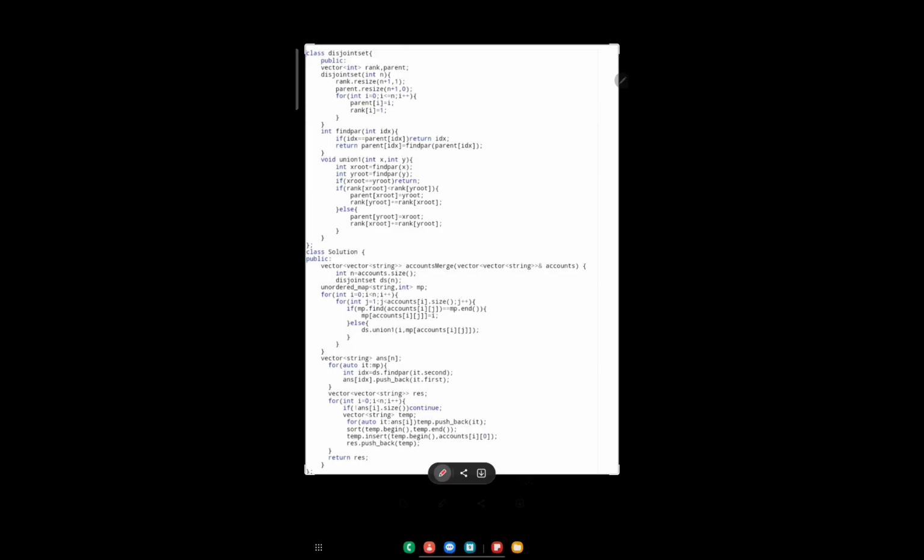Here is the code of the question in which we have used a disjoint set. We have made a class of disjoint set in which the member elements are rank and parent, and we have used the constructor to initialize a rank of size n plus 1, which would be initialized with 0, and all the values would be 1, and we have to make the parent of size n plus 1 and make it 0, and we have to initialize parent of I as I